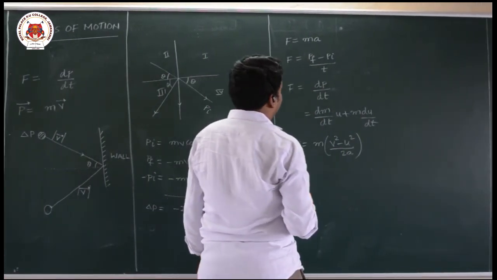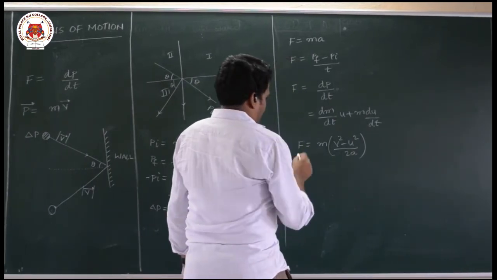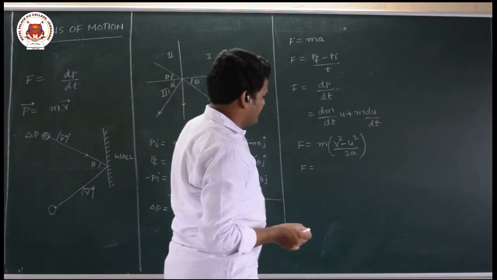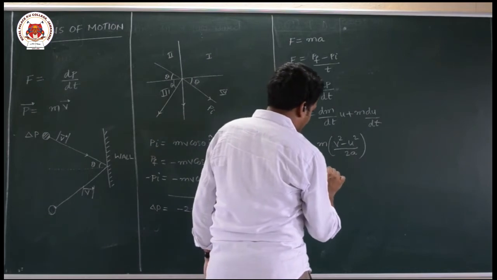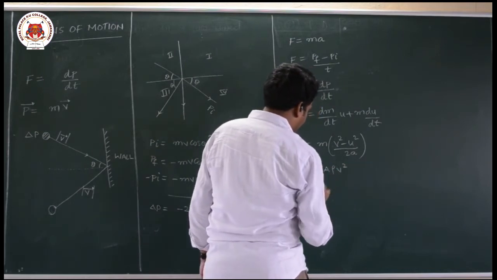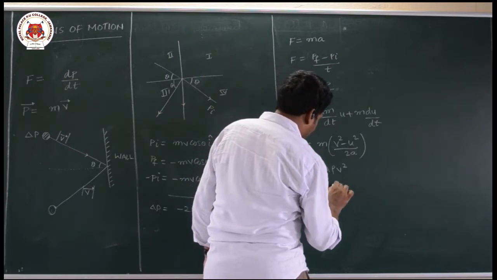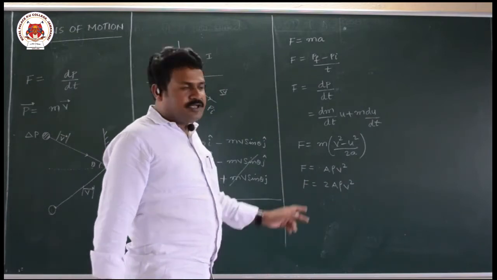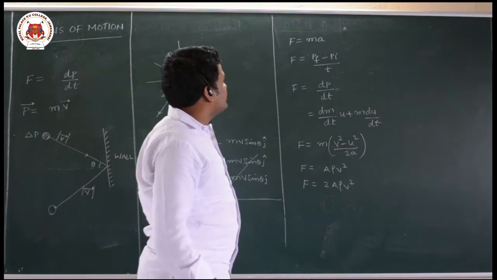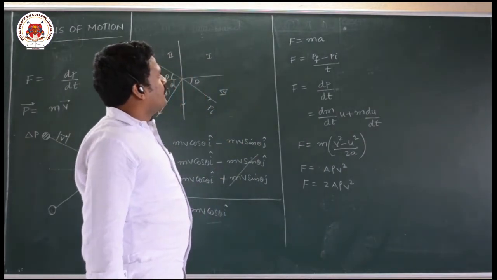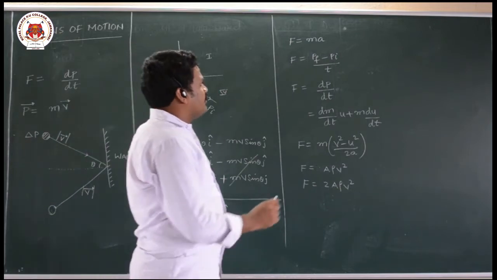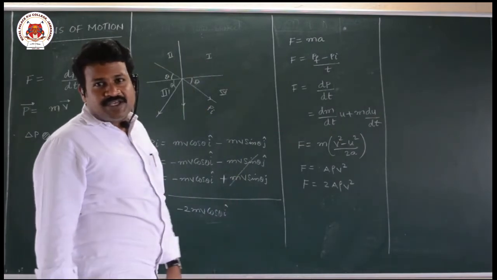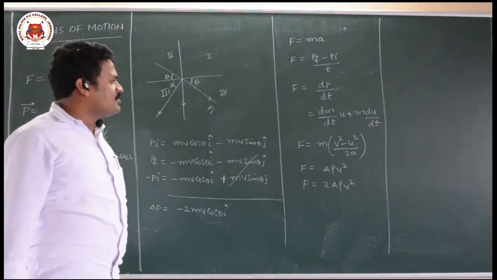And next, any other formula can you get? For force coming out from a pipe, from a jet of water, it is a rho v square. If it is bouncing back, F is equal to 2a rho v square, where v is the velocity of water, rho is the density, and a is the area of the pipe. So these are all the formulas of force. These formulas of force we get from Newton's second law. So first law defines force, second law calculates force, and third law gives the direction of force.